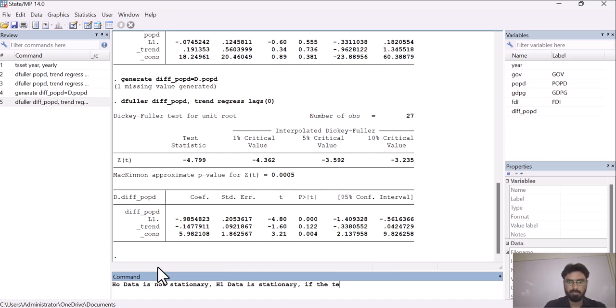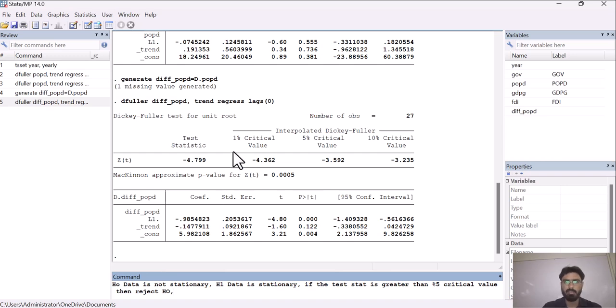If the test statistic is greater than the 5% critical value, then reject H naught, otherwise accept H naught.